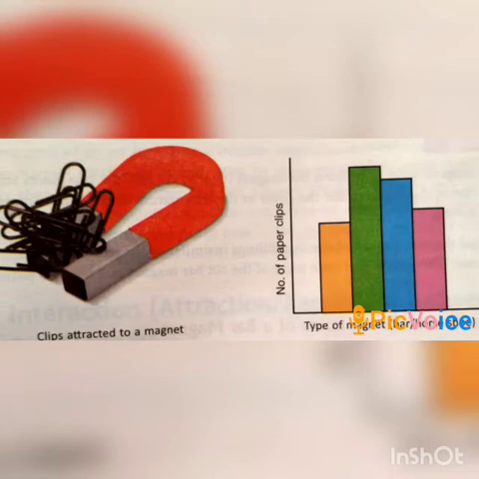The two ends of a bar or horseshoe magnet are known as its two poles. That means the poles are the regions where the strength of the magnet is maximum. The poles are situated near the two ends of the magnet and are the regions where its strength is maximum.